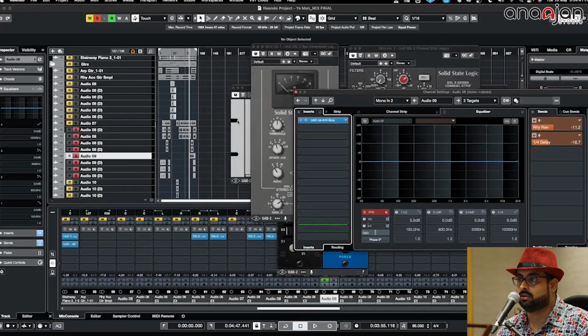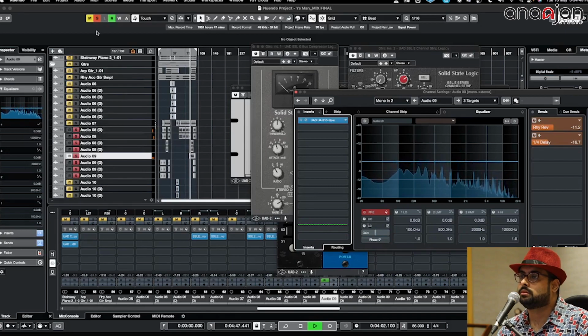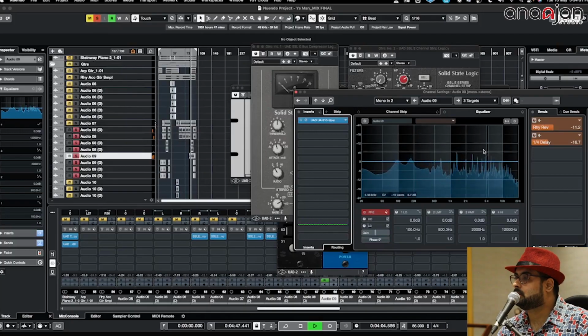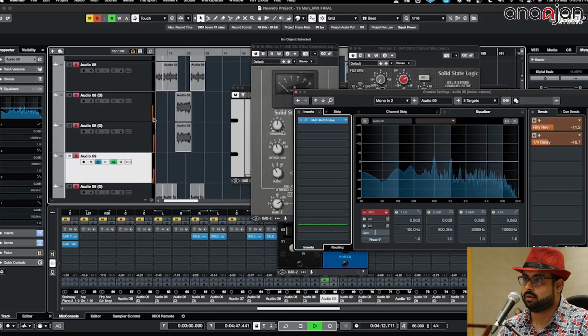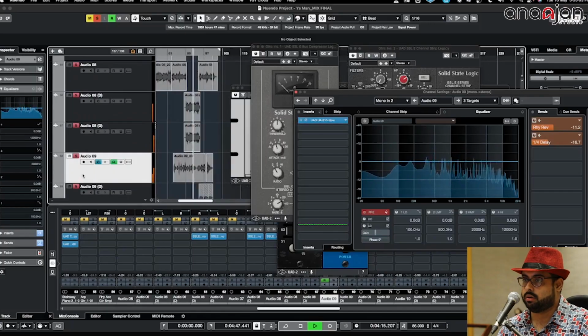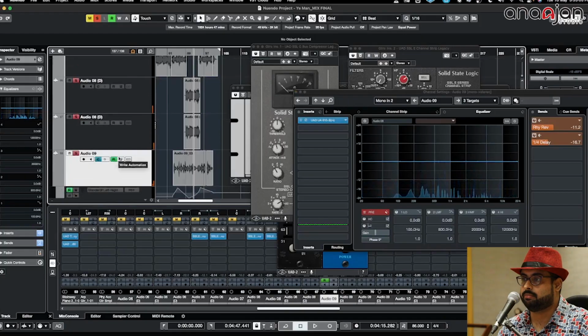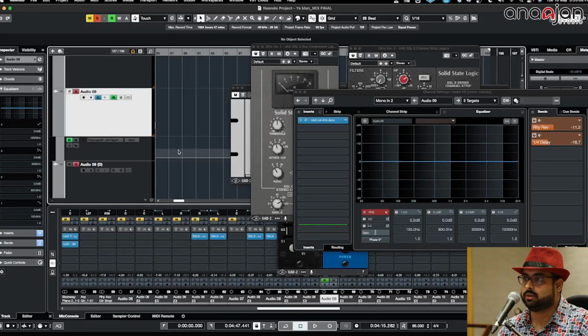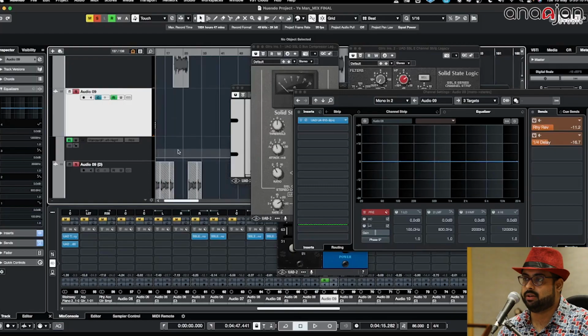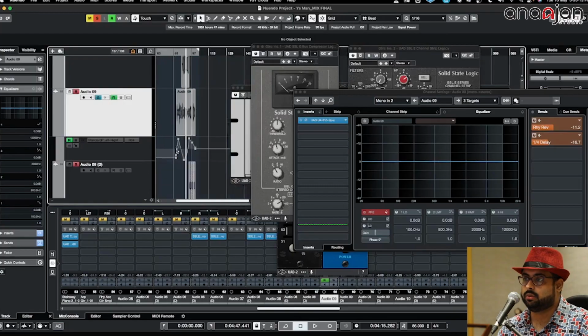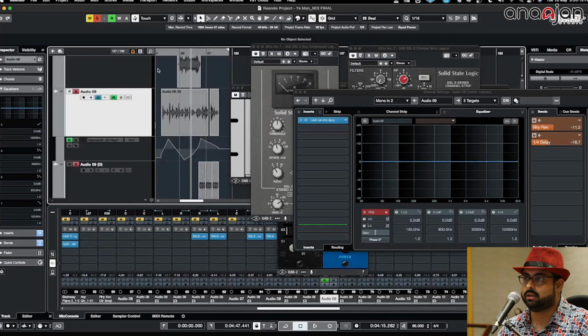I have the hardware also. I have done a delay here also. I've done some panning automation here. So according to the song, or wherever I feel like to cut it through, I have basically